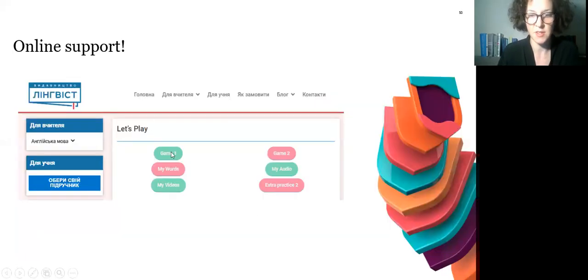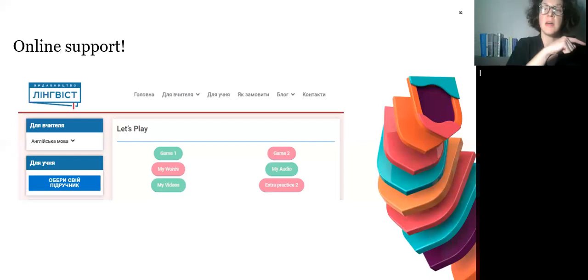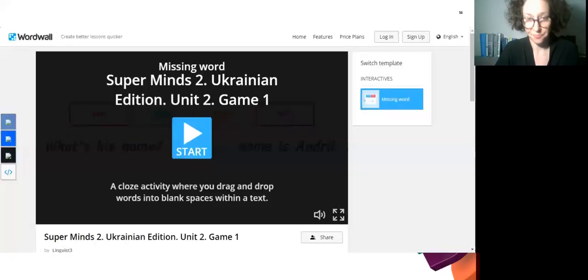You can see here there is a game 1, game 2. This is just for a sample for you to look at, but there will be more for each unit, and the access will be in the workbooks. Now,